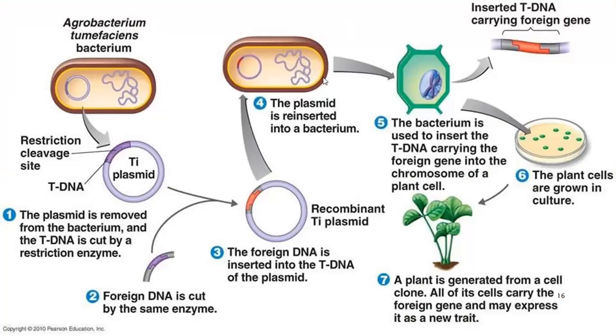Then this Agrobacterium tumefaciens will be inoculated into the plant cell. So the Ti plasmid will replicate, and the T-DNA will enter into the plant cell, and then further it will be integrated into the plant genome. That's how we can create a recombinant DNA molecule of the plant, and then these cells will grow on the culture medium, and then the regeneration process will occur. First shoot regeneration and then root regeneration. This plant is basically GM, genetically modified, or you can say a transgenic plant, which has our gene of interest traits.